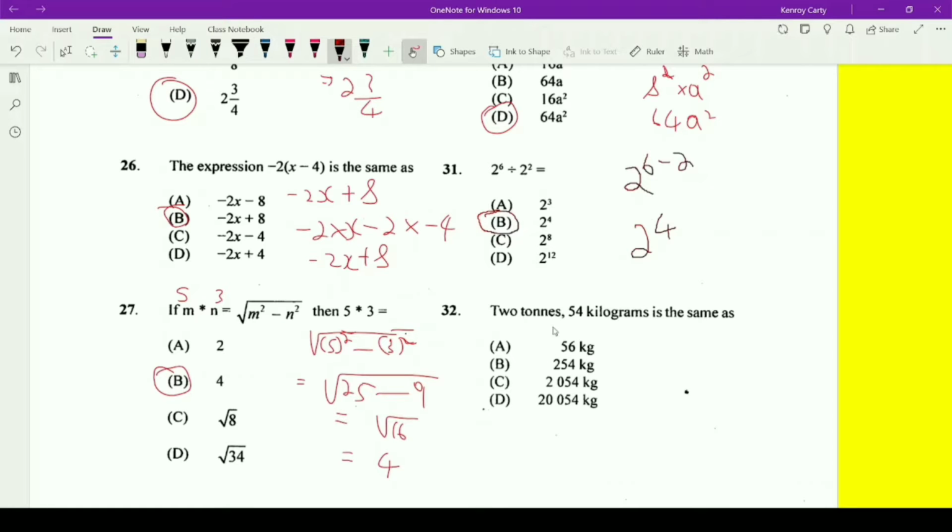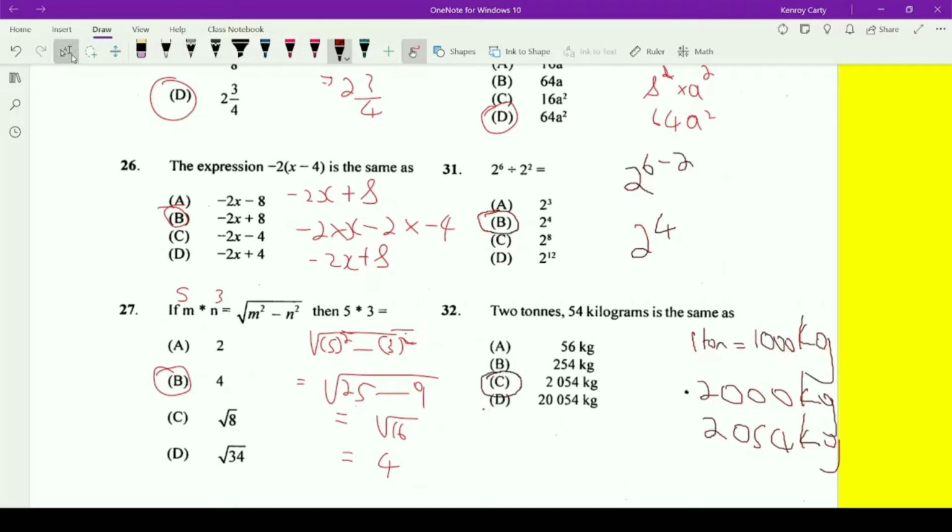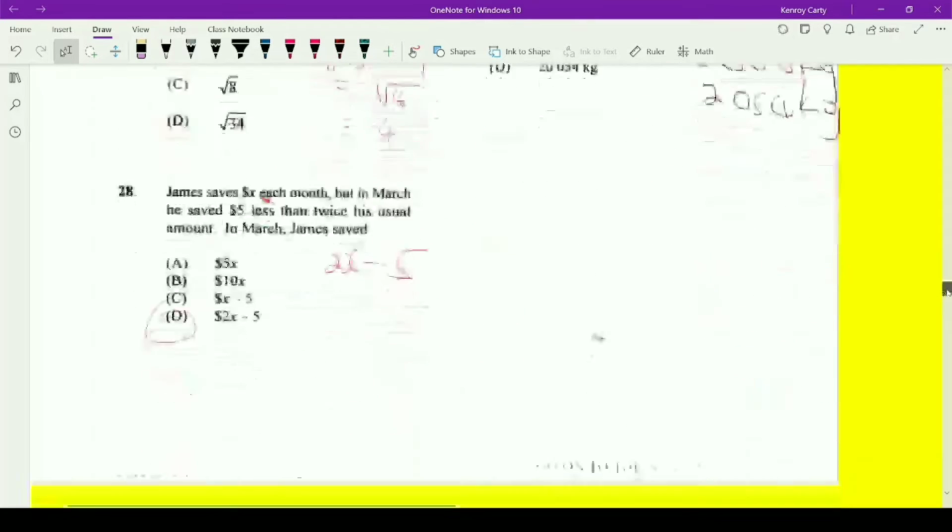32. 2 tons, 54 kilograms is the same as. Now 1 ton is equal to 1,000 kilograms. So if I have 2 tons, I'm going to have 2,000 kilograms. Now we have 54 kilograms added to that, so it becomes 2,054 kilograms. So what should I remember? That 1,000 kilograms give me 1 ton. That makes it option C, as in cat. Alright, let's take this down to